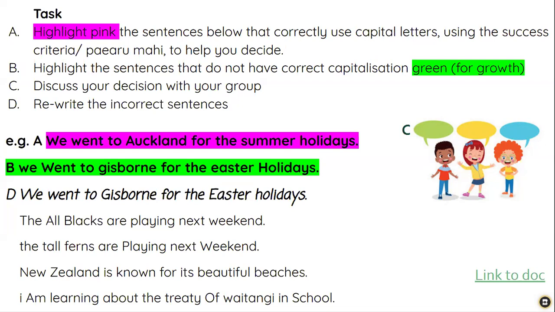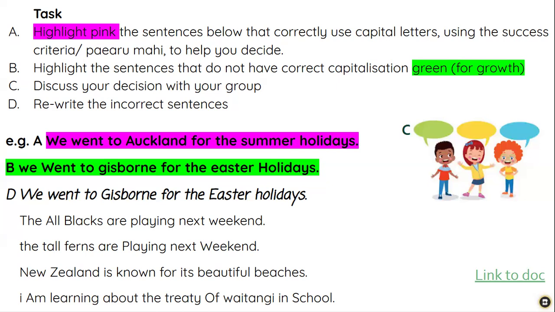So I've done an example to start with, so I'm modelling the process to the students. So I've highlighted this first sentence, A, pink, because it uses capitals correctly, and I would go through the success criteria and we would discuss how it's using capitalisation in the correct way. There's 2 examples here, one at the beginning of a sentence and one for a place name. And then I've highlighted green